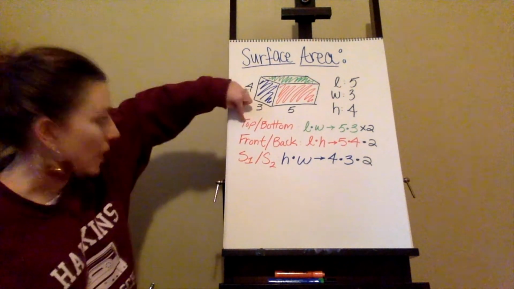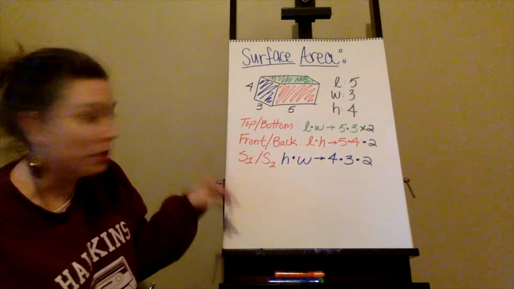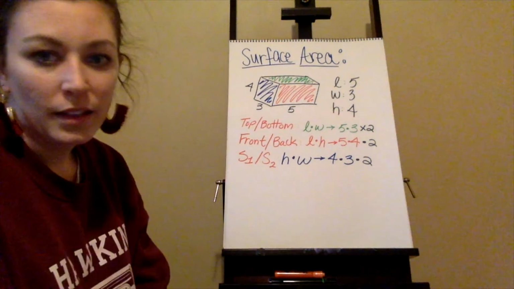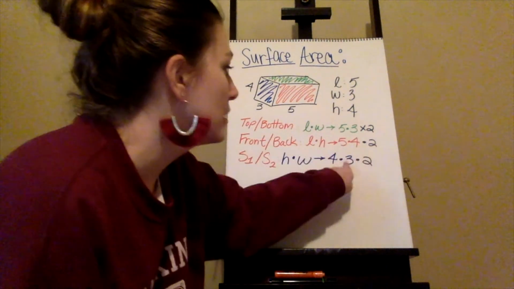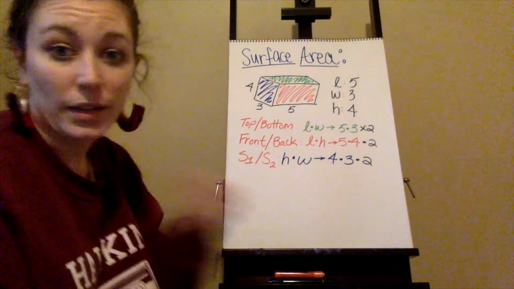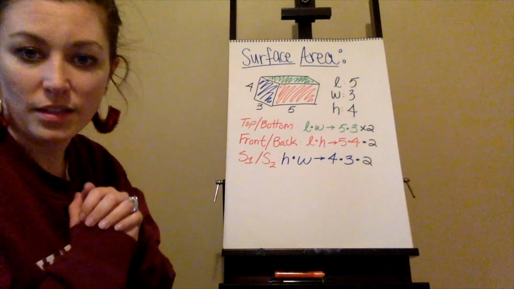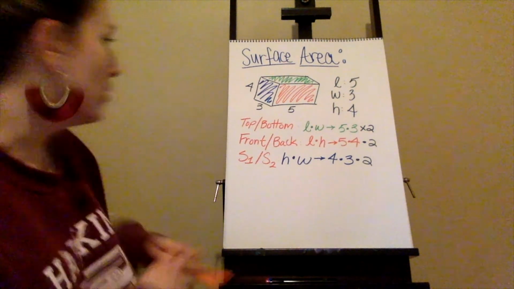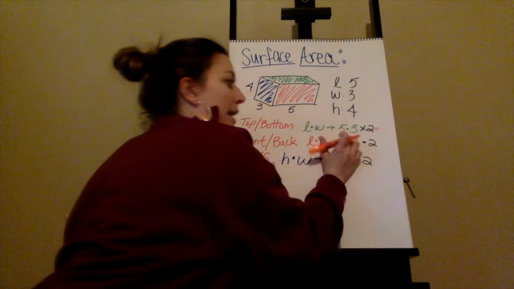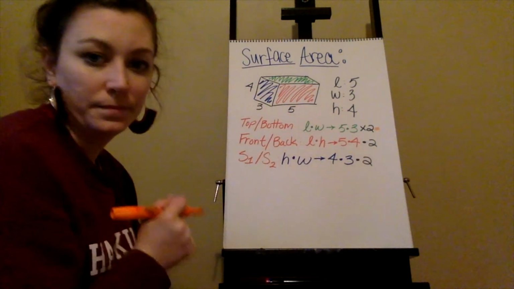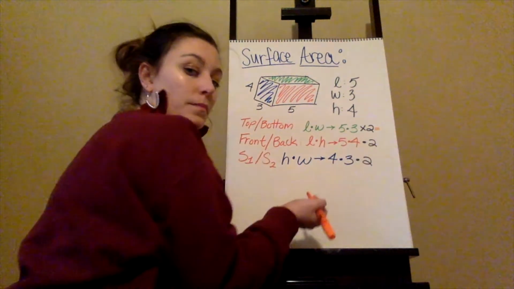Because there's a top and a bottom, that's 2. There's a front and a back, that's 2. There's a side 1 and a side 2. So now we know we're going to multiply each of these pieces by 2 because we have 2 sides: top, bottom, front, back, side 1, side 2. So I'm going to take this. What's 5 times 3? 15 times 2,